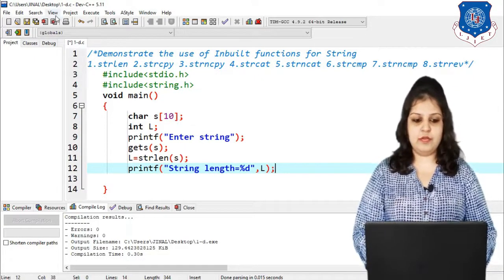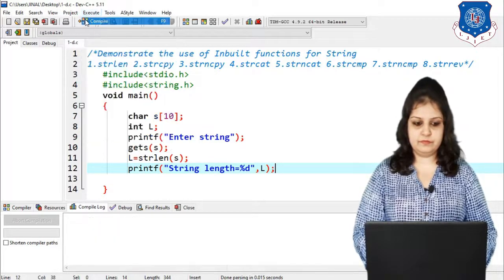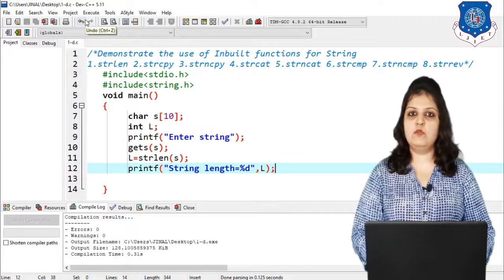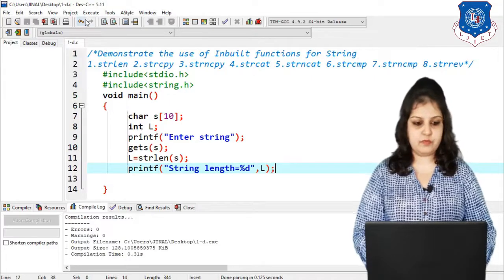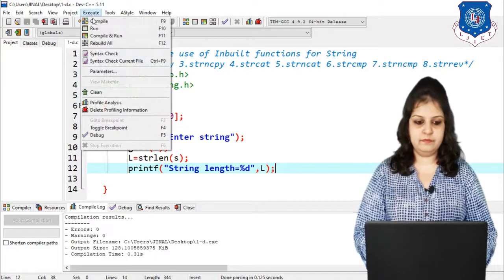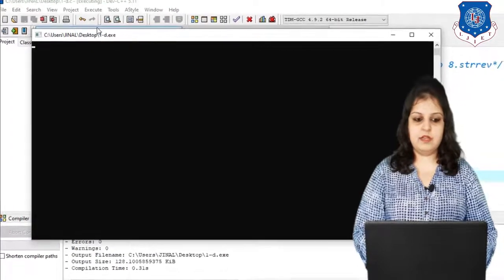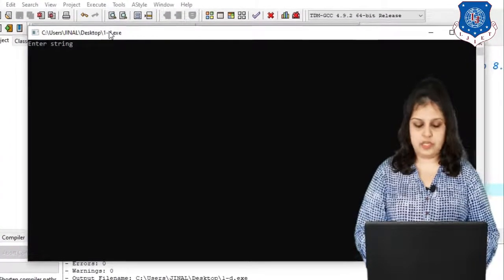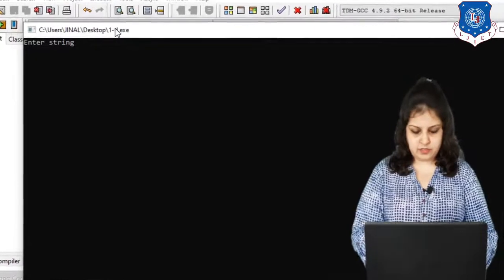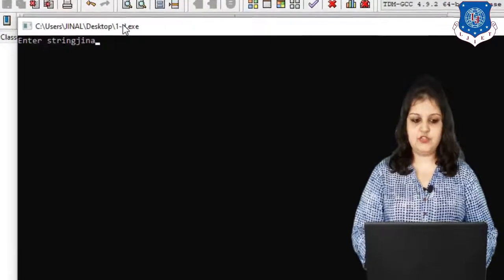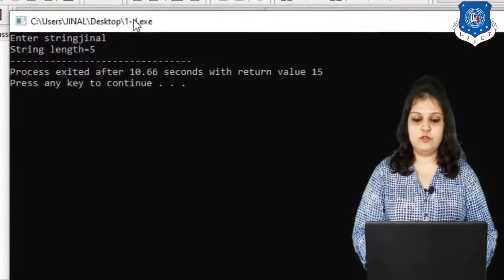Let's compile the program. You can see errors 0, warnings 0. So run the program. Here first enter string, so I enter the string as Jinal. You can see the output 5.